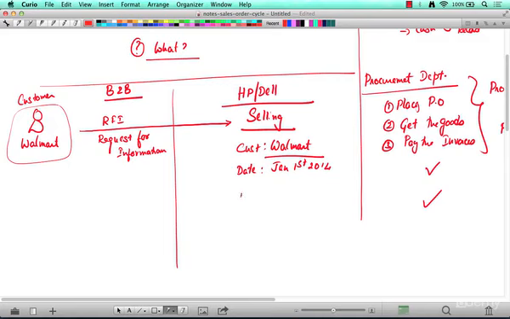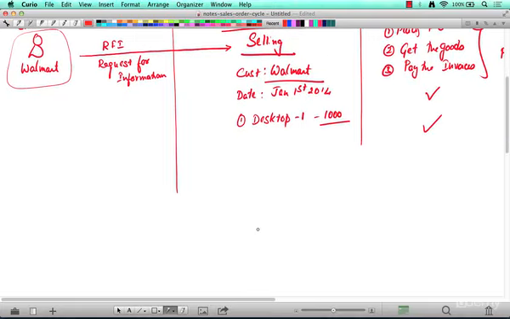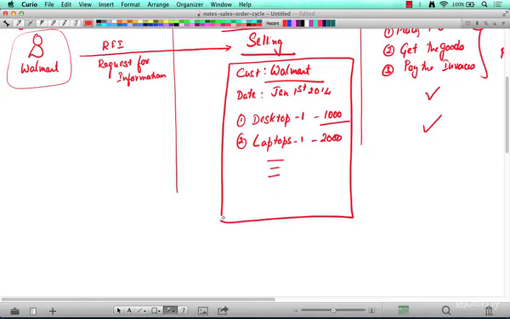They'll say, I want a particular model of desktop, model 1, and how many quantity? Say 1000, right? They want it for a bunch of stores, and maybe some laptops, a particular model, maybe 2000 of them, and so on. So this information is captured in a document from HP's perspective,